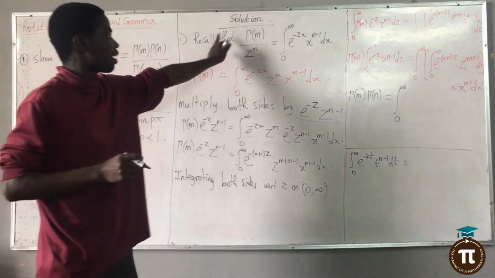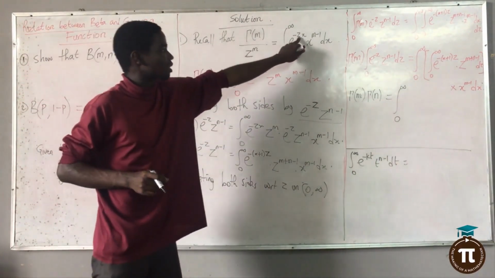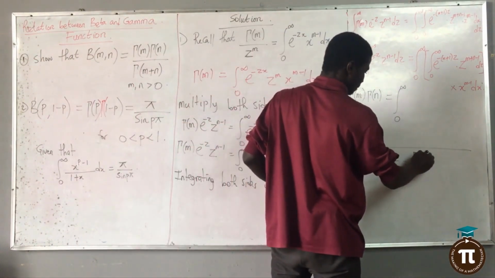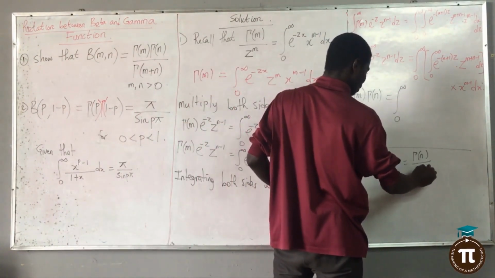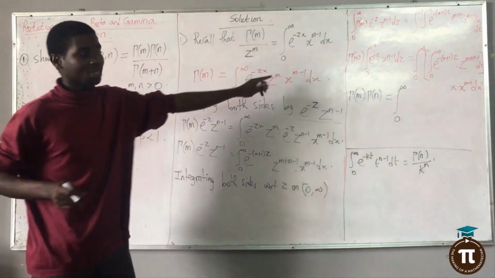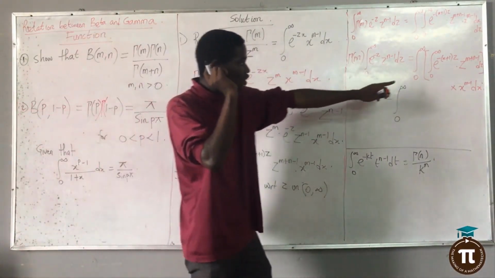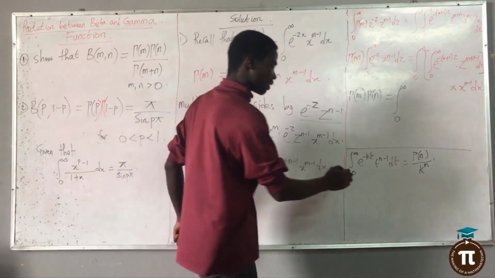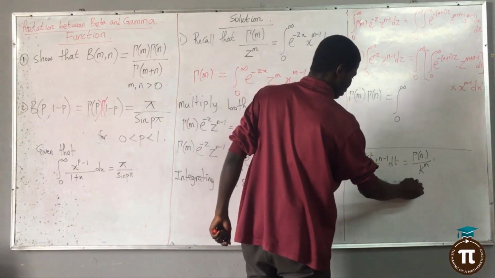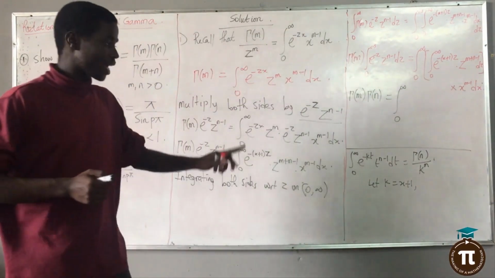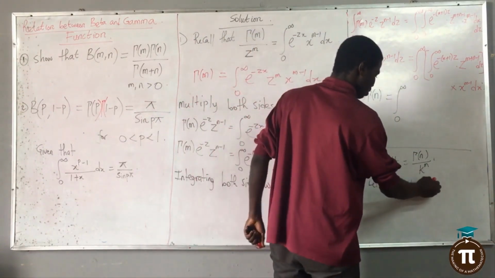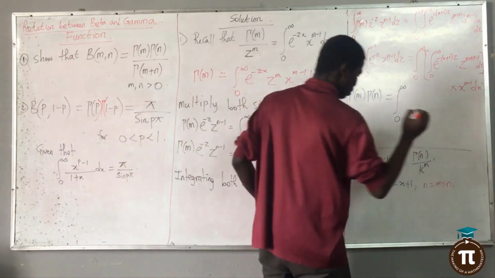In fact, that is what I have written here. This is the constant z. This one will be equal to gamma of n all over k raised to the power of n. In fact, that is what I used at the beginning of this proof. So that's what I'm going to use here as well. Now, if you let k be x plus 1, and this n to be just n plus n, just replace n with n plus n, you will see that